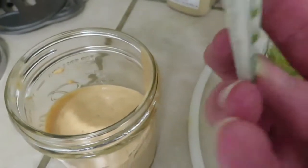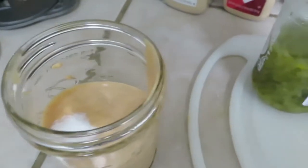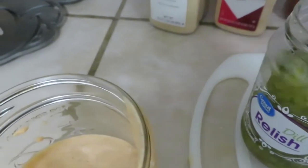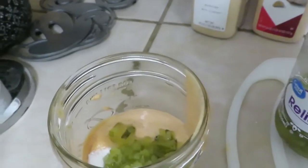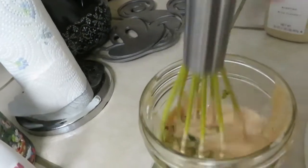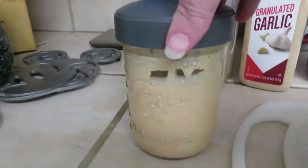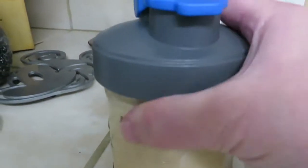The last 2 ingredients are 1 packet of this Truvia, all of that in there, and I've got some dill pickle relish. I'm just going to put about 2 tablespoons in, and I'm just going to stir that in with my little whisk. Alright, let me change the battery and I'll be right back. I've mixed in the sweetener and the dill pickle relish in here, and I just popped this lid on top